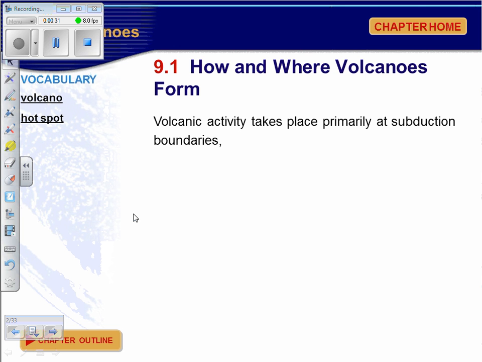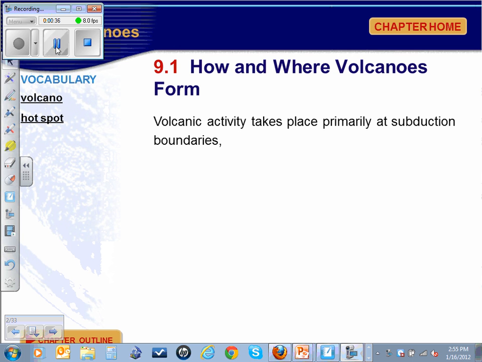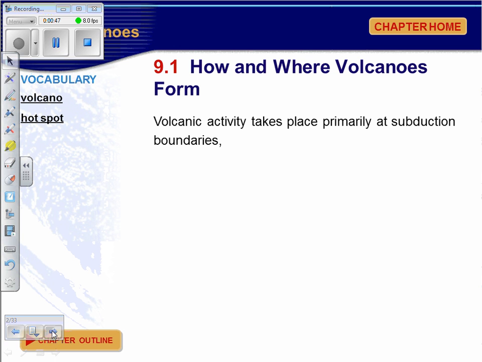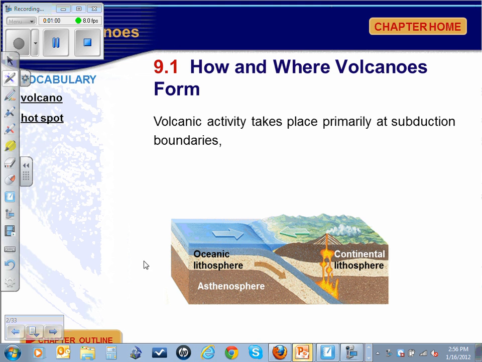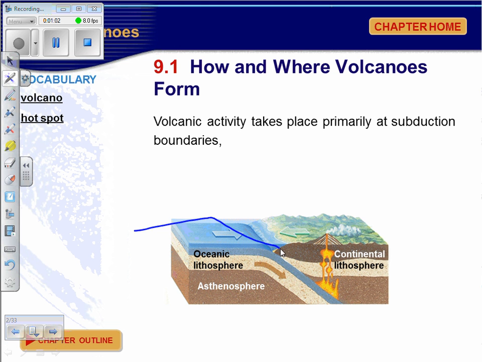Section 1, how and where volcanoes form. Volcanic activity takes place primarily at subduction boundaries. And if you remember from the last chapter, subduction boundaries occur where plates are colliding or converging. In this example, we have an oceanic plate colliding with a continental plate, and the oceanic plate is subducting underneath the continental plate,